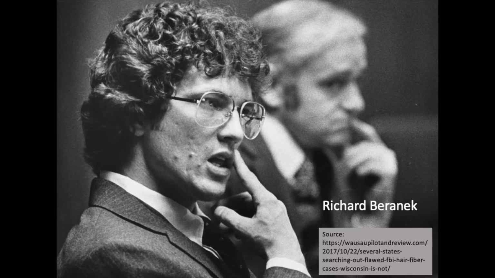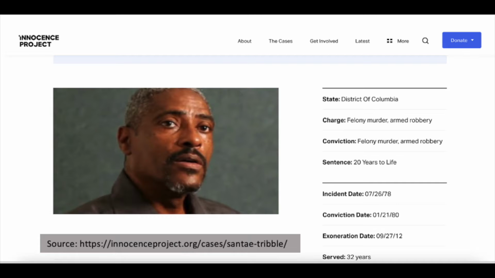Together with Dr. Lawrence Carino, this is the likelihood ratios of hair using RGB color values and diameter. Using likelihood ratios and objective measurement methods is a new way to look at hair evidence. Previous methods have been highly subjective and thus caused convictions that are later overturned. Like in the cases of Sante Tribble and Richard Baranek, both convicted of violent crimes, later overturned by DNA evidence after serving many years in prison.